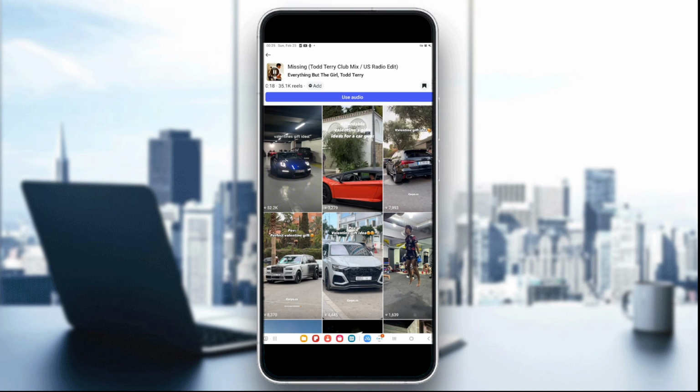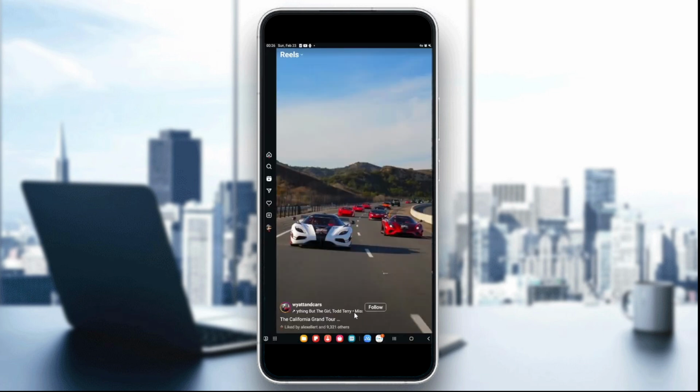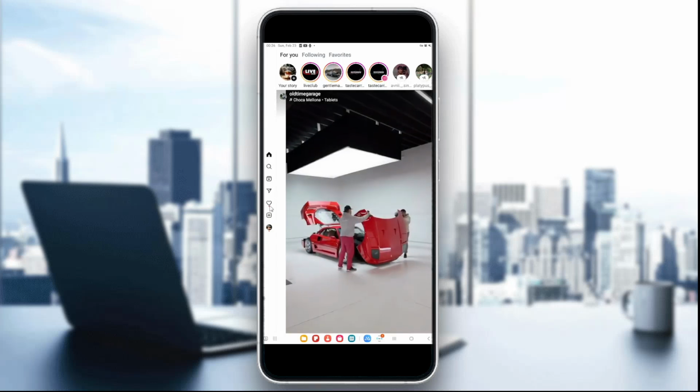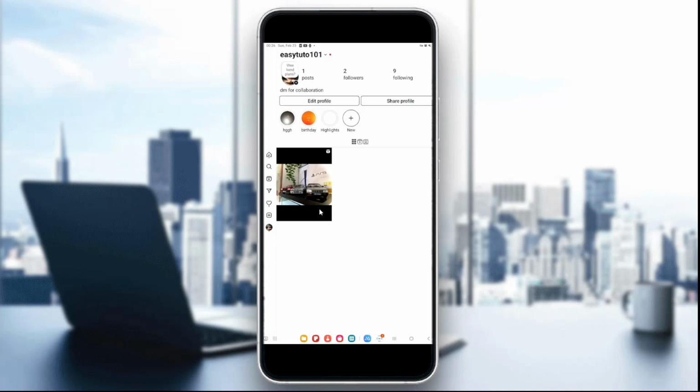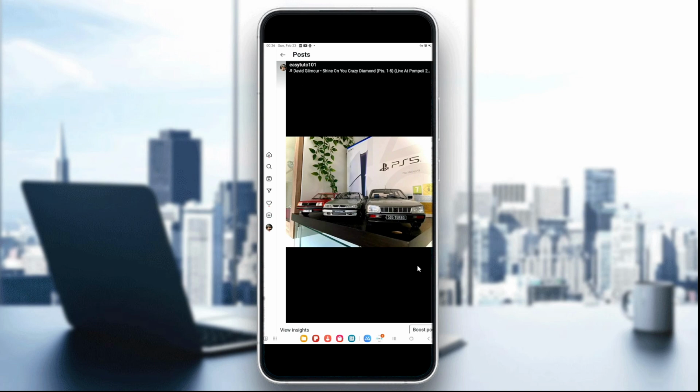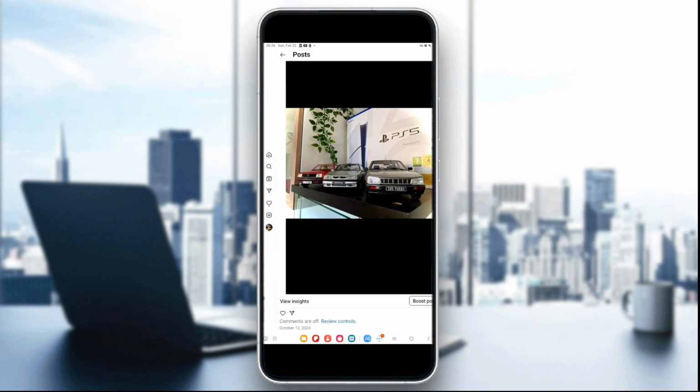The fifth step is to use Instagram's boost feature. You can tap on the three dots menu on your reel and select boost. For example, I'm gonna go to a reel I shared. I'm gonna click on it and you can see the boost post button right here